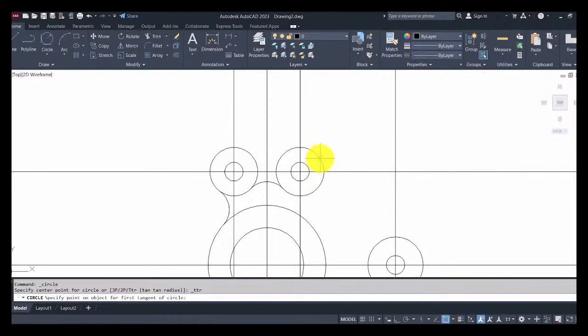So now I can pick here. Then the second tangent point is somewhere around here. So I'll pick a point here, and the radius is 32. So on the command line, I'm asked to indicate the radius of 32. Enter. Now you can see I have a circle that is tangent to this circle here, tangent to this,